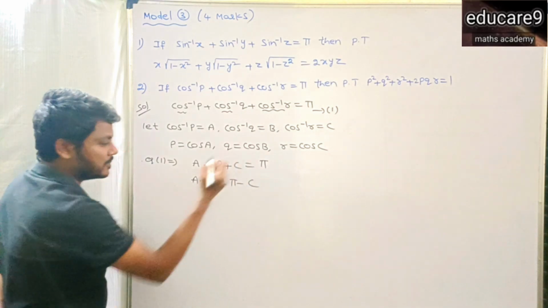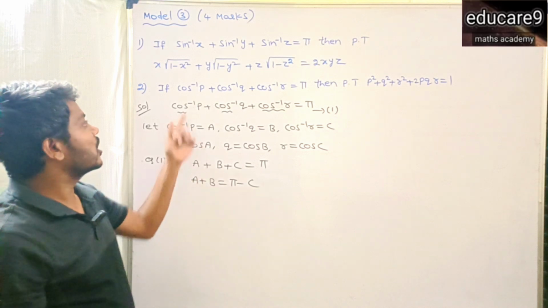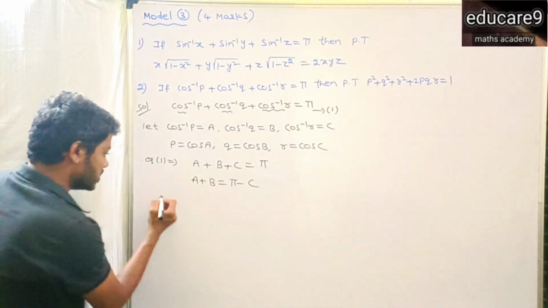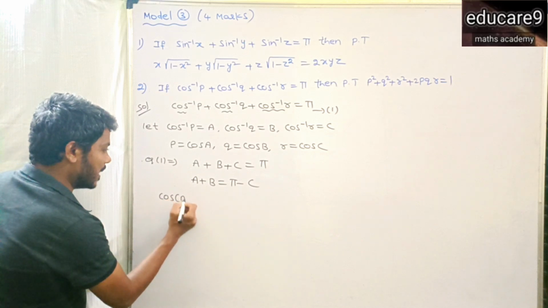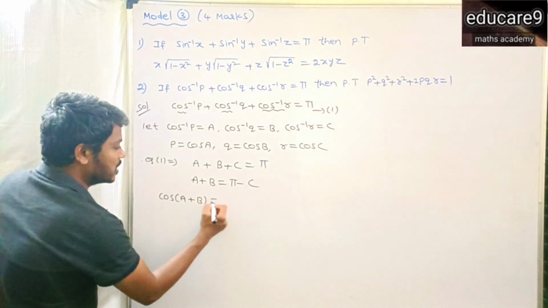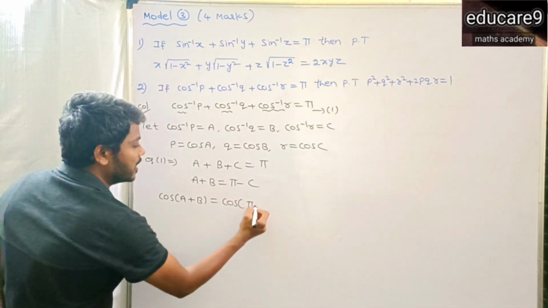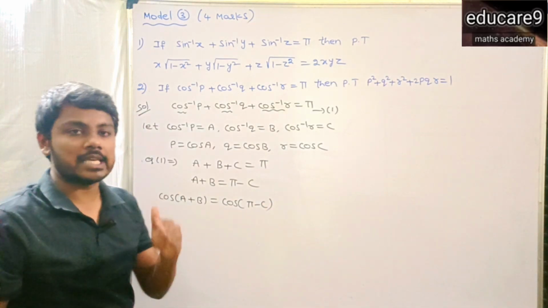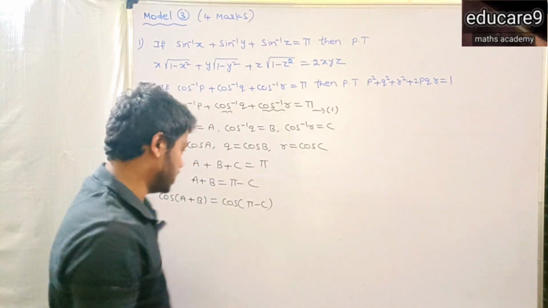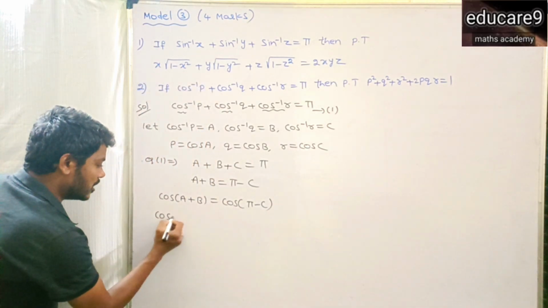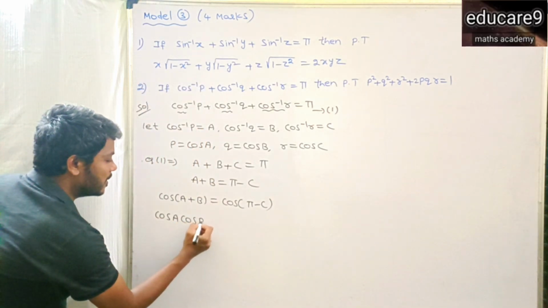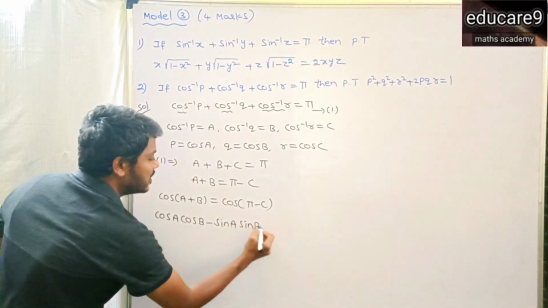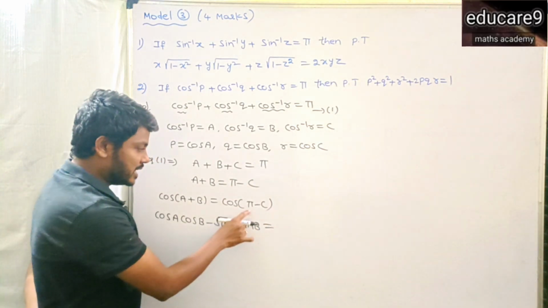Pi minus C. Here we have a cos ratio, so you can apply cos on both sides, which is cos of A plus B equals cos of pi minus C. We know the cos of A plus B formula: cos A cos B minus sin A sin B. So right here cos A cos B minus sin A sin B is equal to